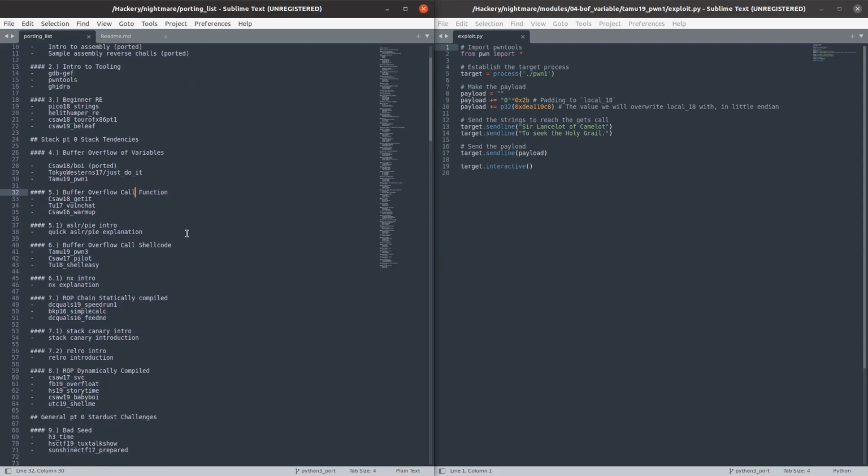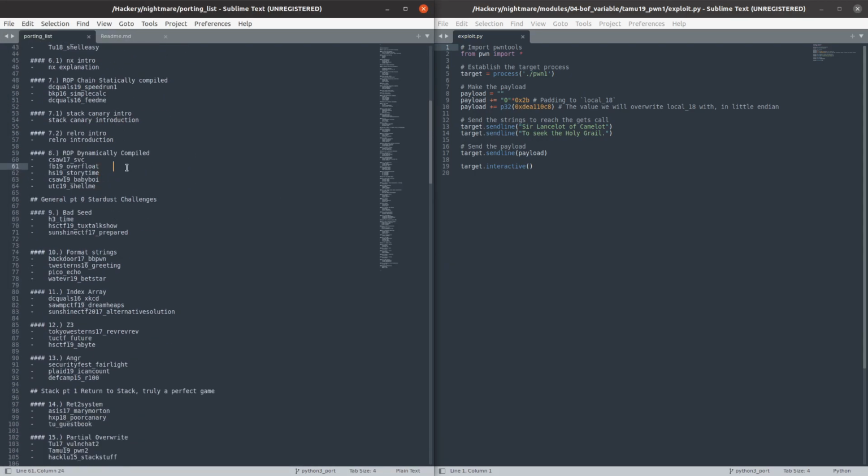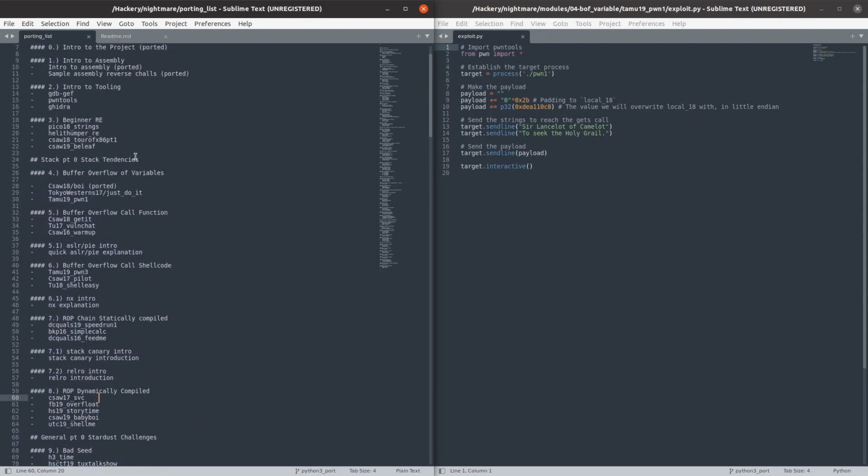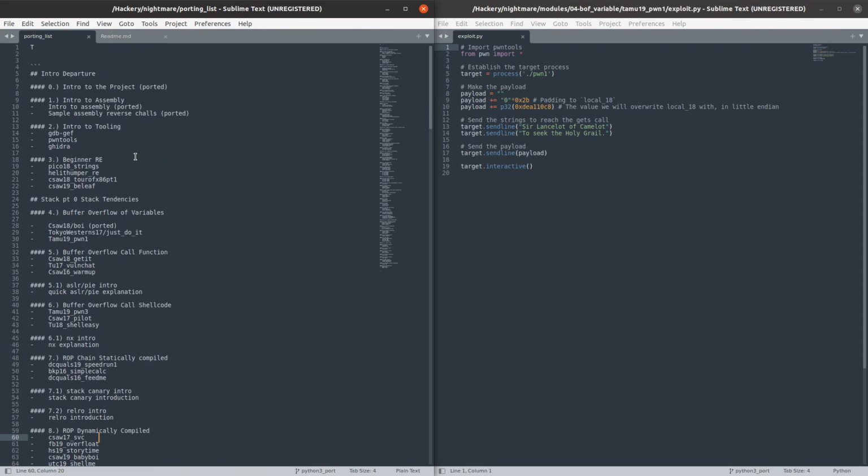Here is a list of all the different sections of Nightmare. I'm going through each one, porting the exploit over from Python 2 to Python 3. But I'm also taking a look through the actual submodule itself to see, oh hey, do I use Python in other ways and import those things? And also just giving the submodule a once-over to make sure everything makes sense, because I've made a lot of typos while making this. But without further ado, the one I'm going to be working on now is Tamu